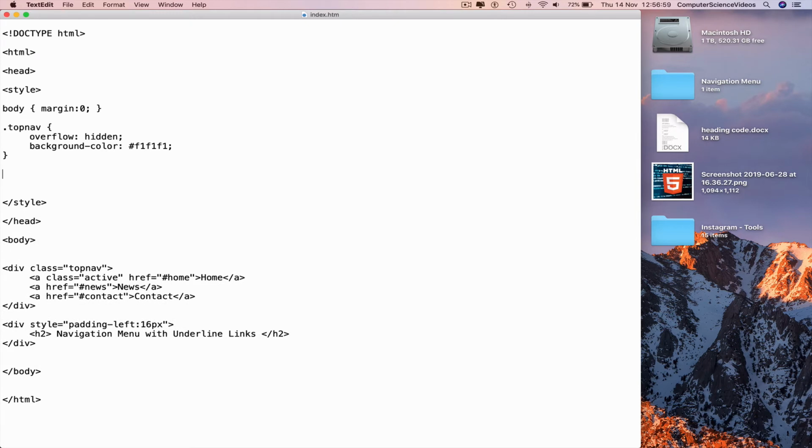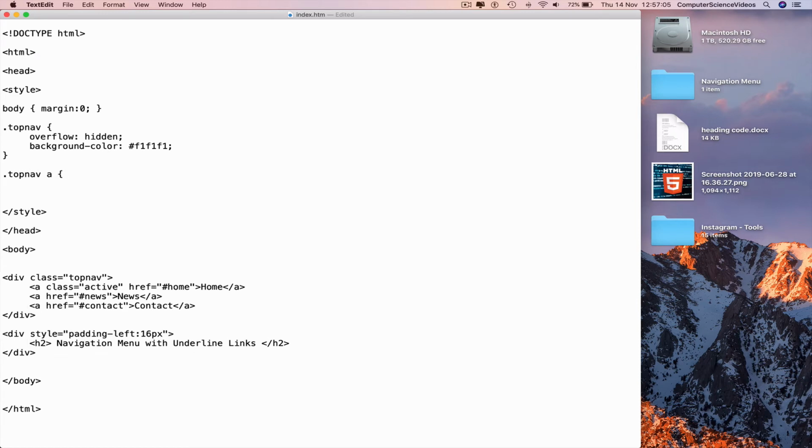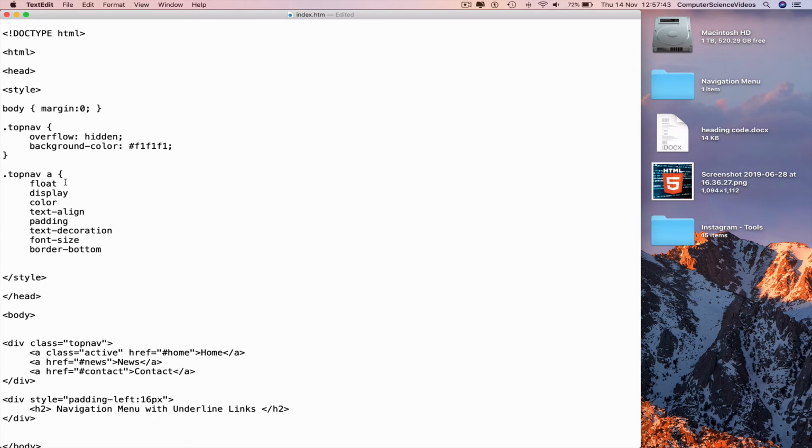Go to a new line, dot top nav a curly brace, new line, float, display, color, text align, padding, text decoration, font size, border-bottom. Go back to the top after float, colon, highlight, copy, and then paste at the end of each word. Go back to the top again, float to the left, semicolon, display, block, semicolon, color, black, semicolon,